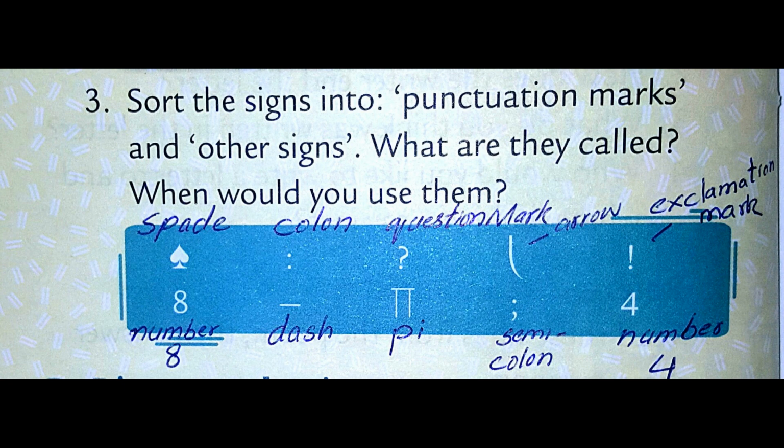Other signs. A spade is one of the 4 categories in which a deck of playing cards is divided. The other 3 being hearts, diamonds, and clubs. An arrow points your attention to the direction it is pointing to. Arrows are used all over the world, airports, roads, train stations, etc., to channel people in the direction that the arrow is pointing in. The arrow is usually accompanied by words, e.g., exit, information, gate 3, and so on.